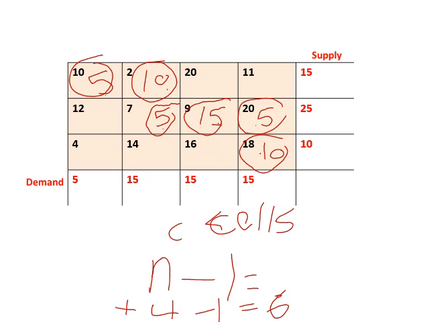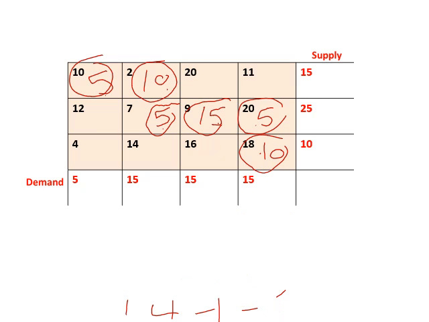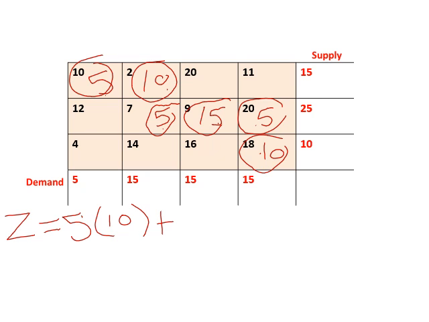Which is calculating the starting basic solution. How to calculate the starting cost for transporting this amount? The starting cost can be calculated by multiplying each cost Cij by the quantity associated with this cell. This means that Z for the starting solution will equal 5 times 10, plus 10 times 2,